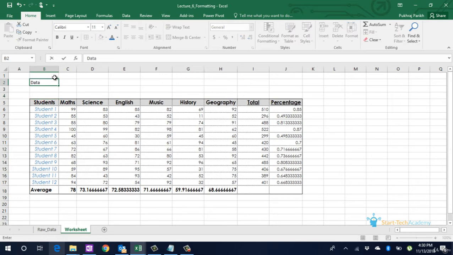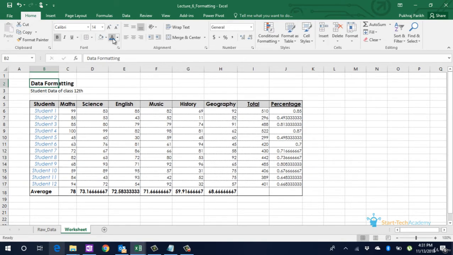Now let us first write the title of this table, which is same as the title of this lecture, data formatting. And this table contains student data of class 12. Now you can see that the B3 cell has more characters than can fit into the column width.